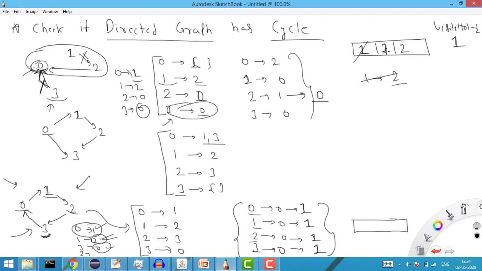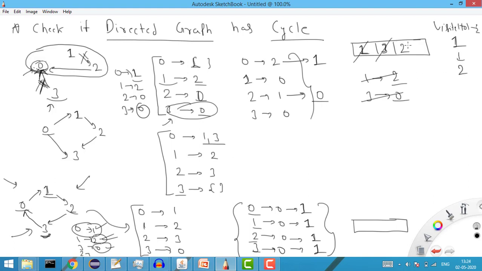Now because the Q is not empty, again we will remove this element 3. For 3, where is it going? It is going to 0. So I am removing this node 3 to 0. If I am removing this node, it means decrease the degree of this one by 1. So it will be 1, and because this is 1, I will not add it into Q, right? So we are done with this one. And because we removed this 3, the visited count is +1, so now it will be 2.